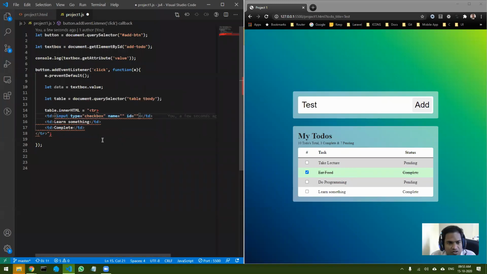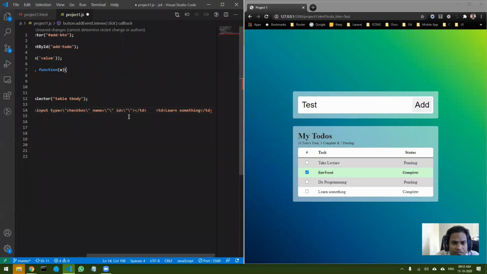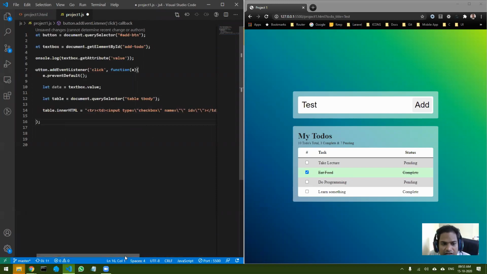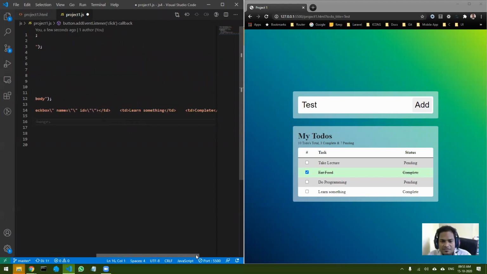I can use backticks also, but backticks we have not yet seen. So what I've done is I have taken one row and added everything in one line.